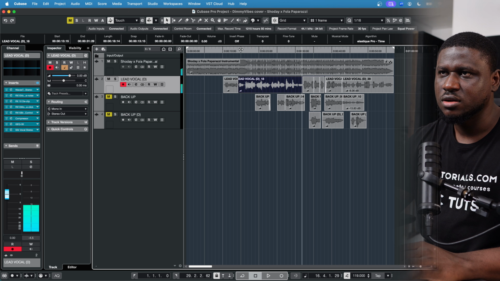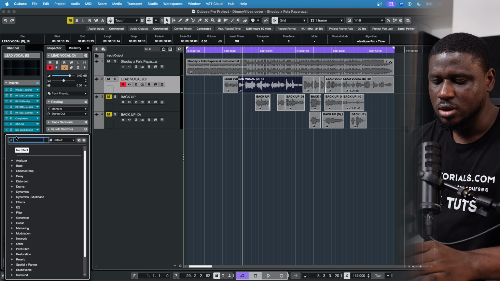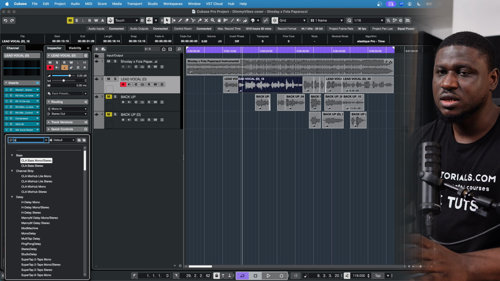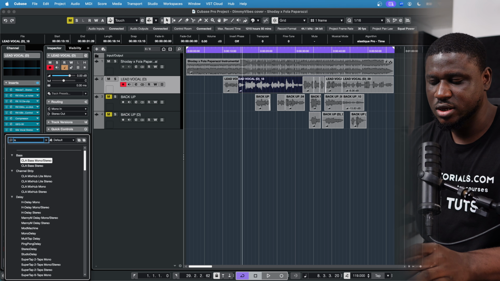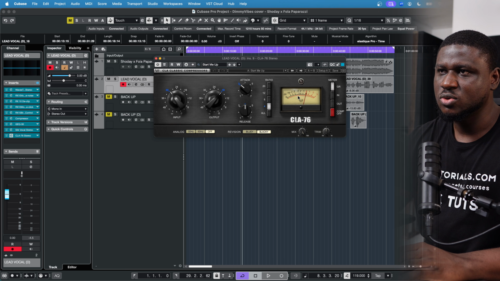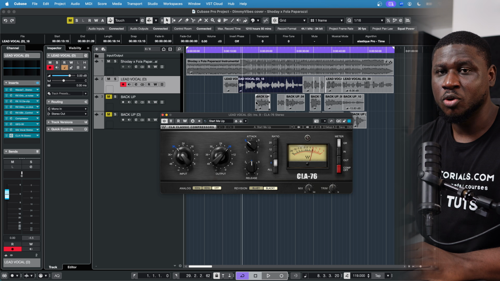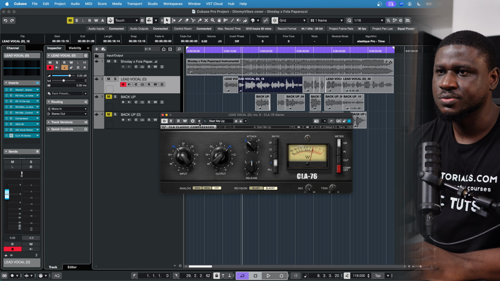So you can hear that it's sounding pretty good. And the next thing I'm going to do is add a serial compressor. For that, I like to use the LA76 or LA2A. You can use pretty much any compressor you like, especially the ones suited for vocals, but I'm going to use the LA76. For this, I'm going to go a little bit more extreme, maybe between -5 to -10 dB of gain reduction, because again, I'm trying to get that modern pop vocal mix that sounds a little bit over compressed and, you know, clean. So